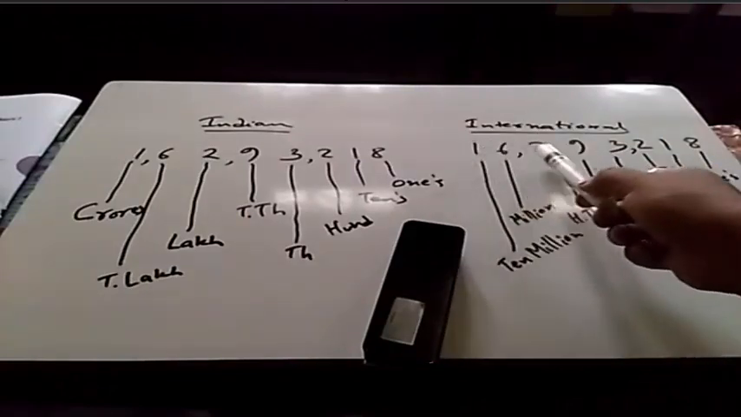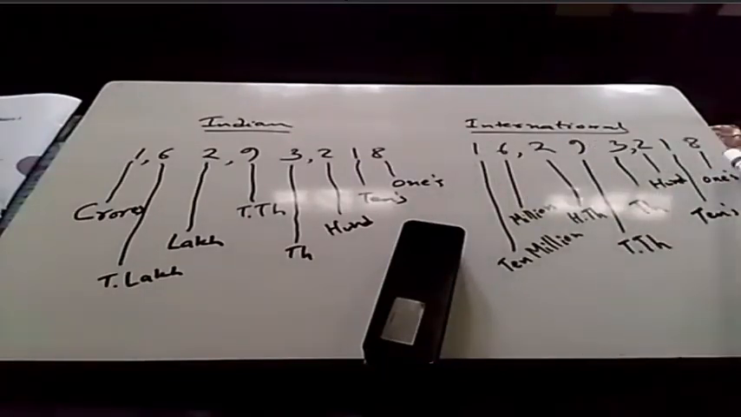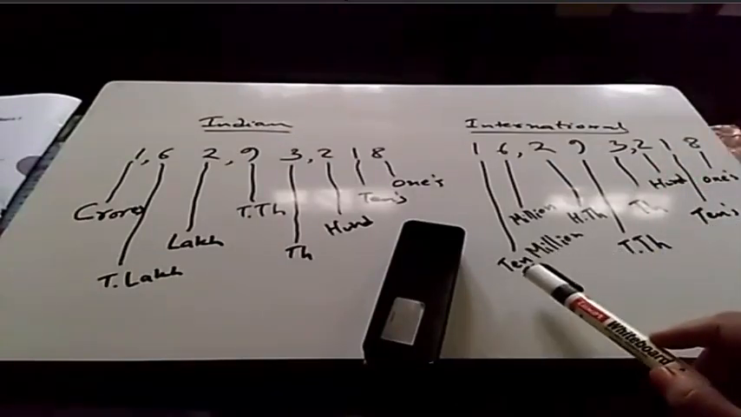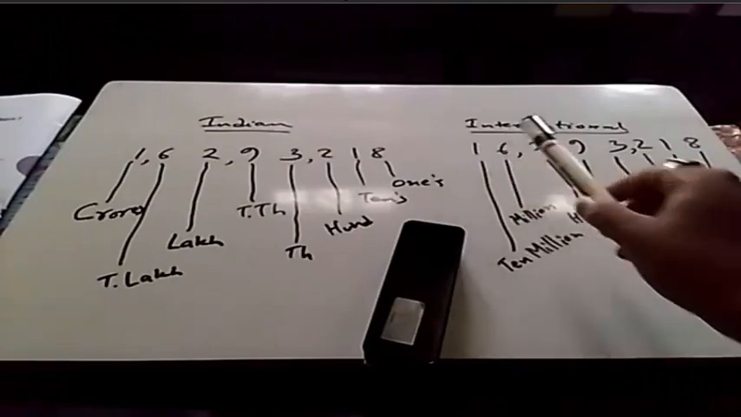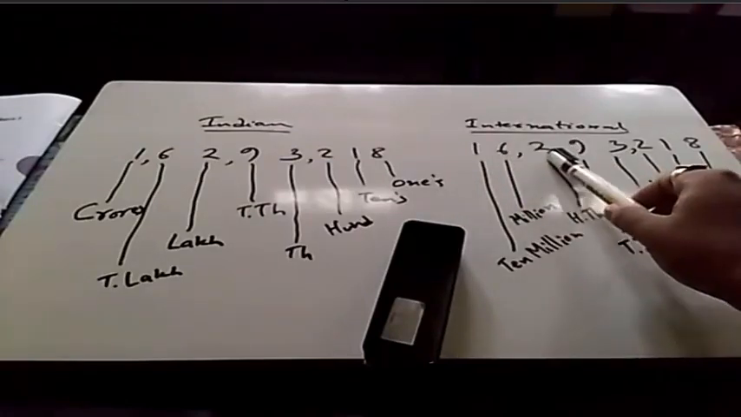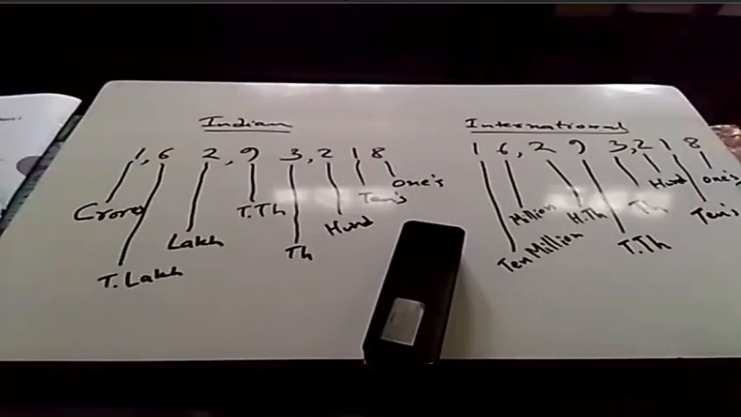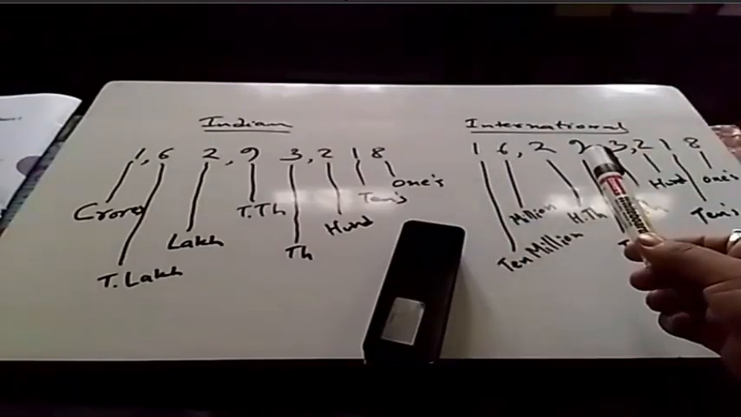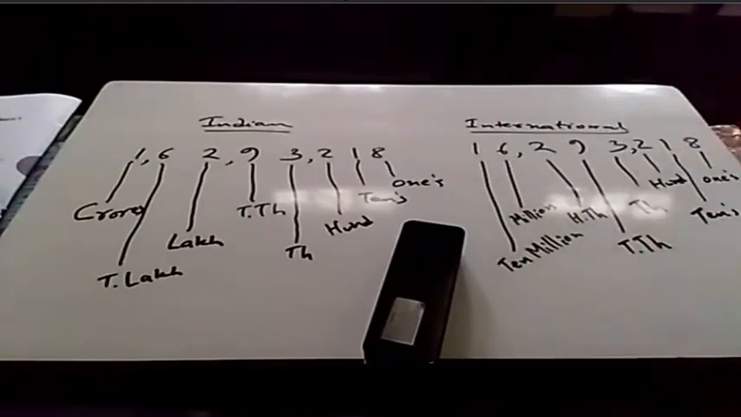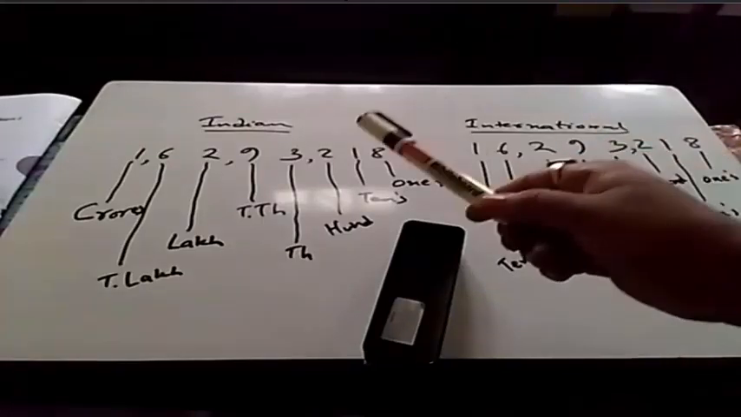Now, the number 16293218 in international system will be read as, this is tens, this is 10 million, and this is million. That means it will be 16,293,218. This number will be read as 16,293,218. Now in Indian system,